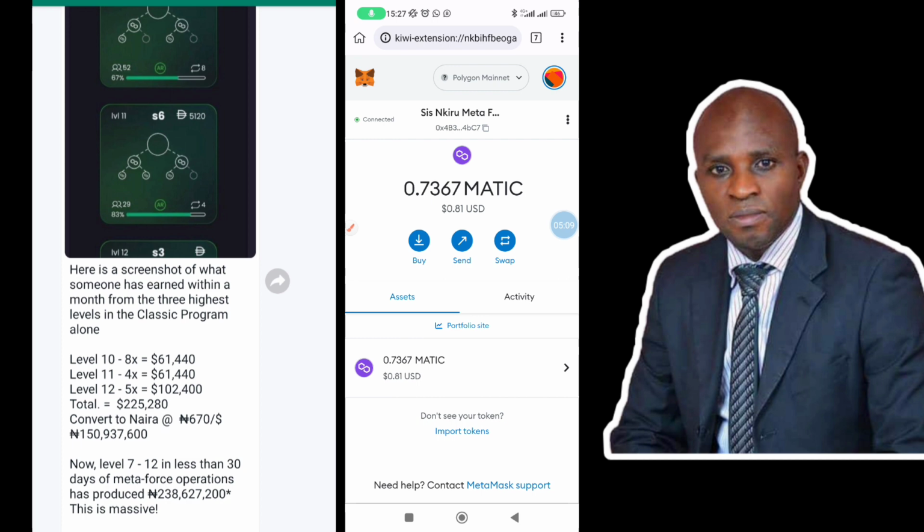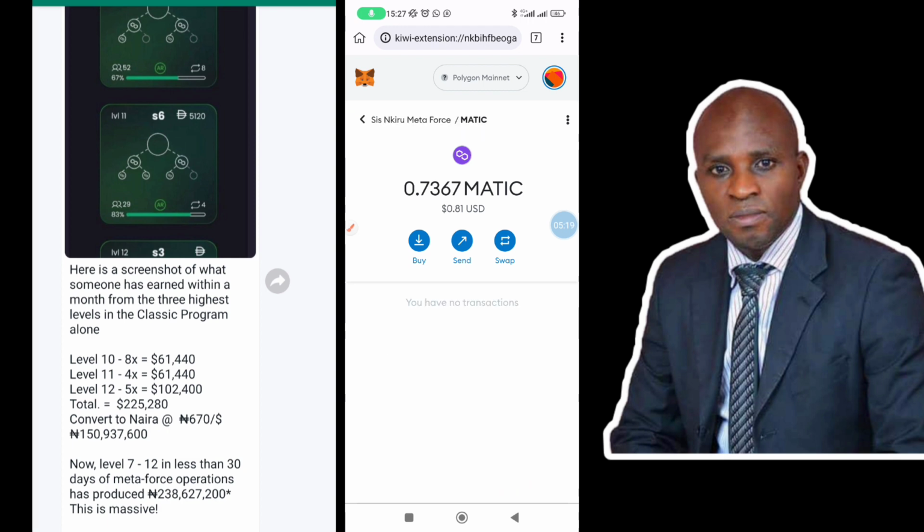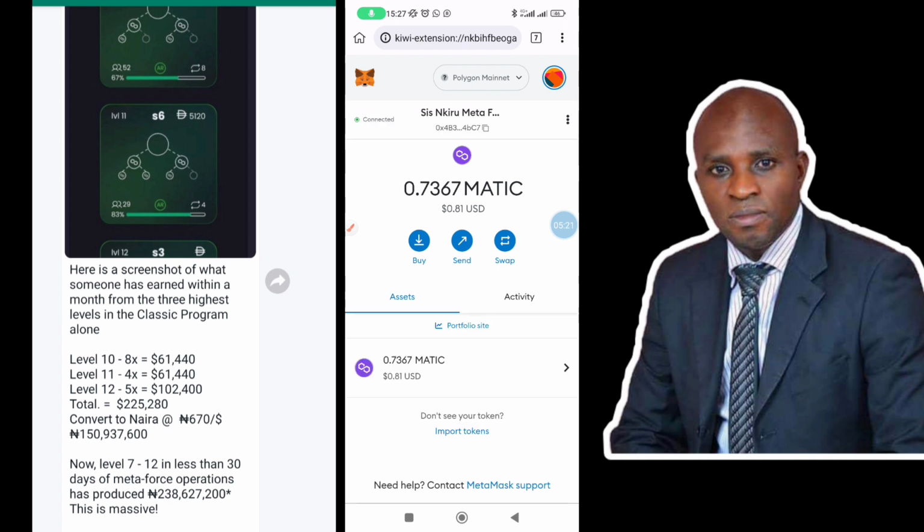Let me go to assets. Okay, it's not showing yet. Let me go ahead and demonstrate what I want to do. We'll come back to this issue of adding